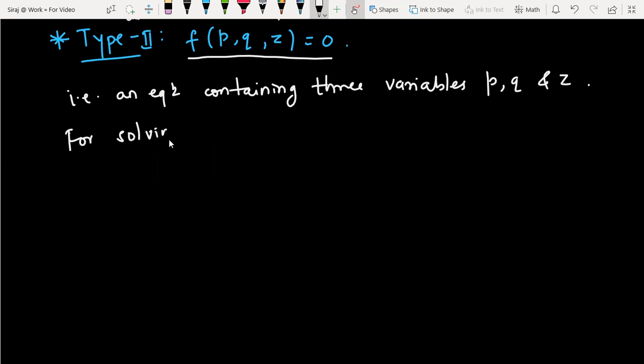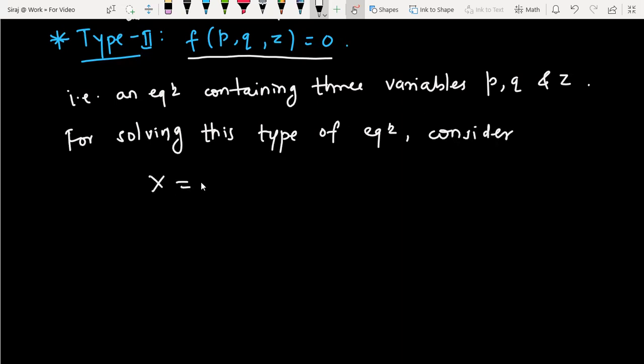for solving this type of equation, we have to consider capital X equal to small x plus a y. For solving this type of partial differential equation, we are introducing here a new variable capital X, equal to small x plus a y. And whenever we are going to change any dependent or independent variable, we have to change